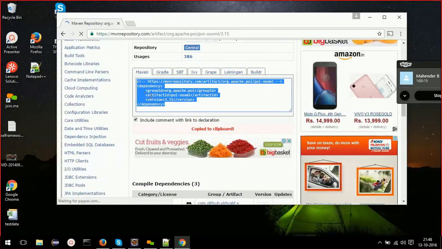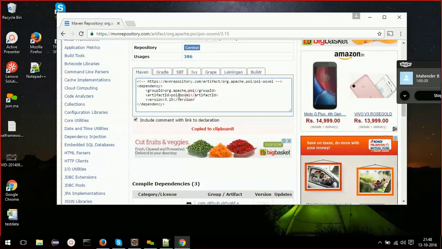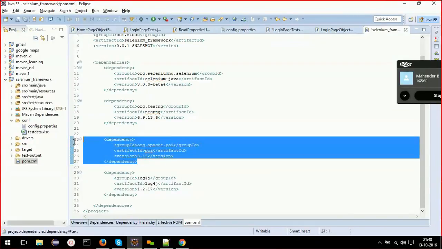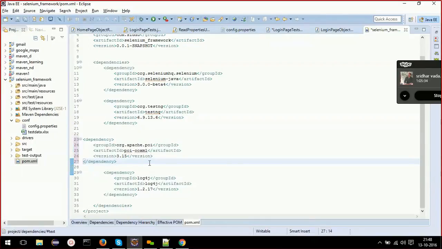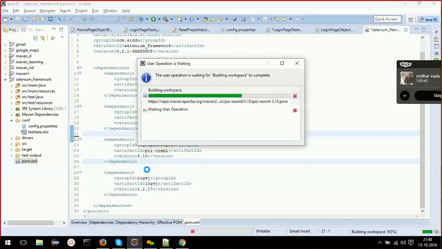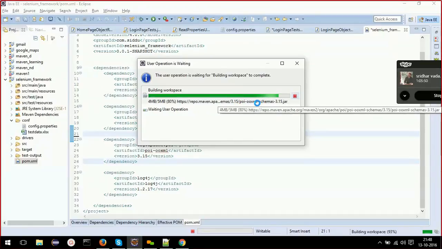I need to copy this dependency. So make sure you take poi-ooxml. Currently we took this one, this is not what we need. Okay, this is what we need, poi-ooxml. Now it will download that. See, it is downloading that poi-ooxml from the central Maven repository.